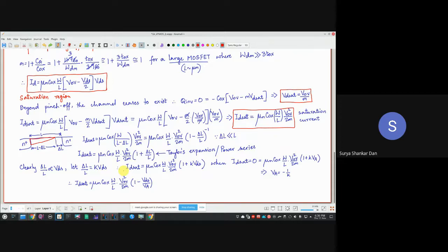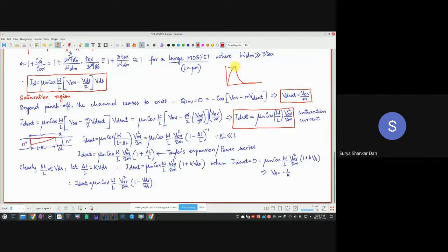Throughout this discussion, we have been saying that the inversion channel is necessary for the electrons to flow inside the channel, right? So my question is, if there is no channel here, please listen to the question very carefully. There is no channel here in this delta L region, in the pinch off region, then how are the electrons going? Technically, what we would expect is that after the pinch off is reached, the current should go and fall down to zero, right? Because there is no channel.